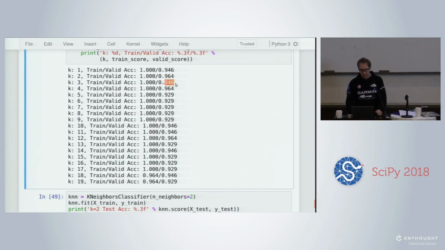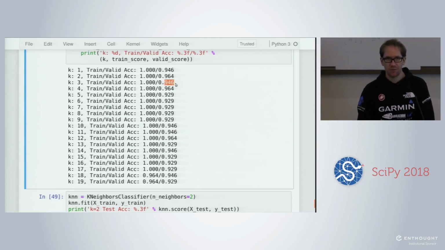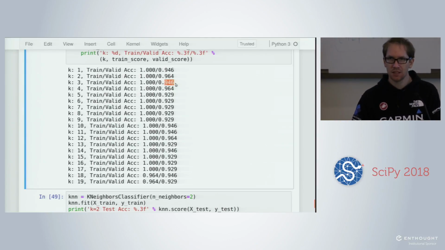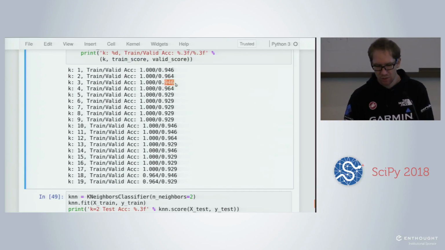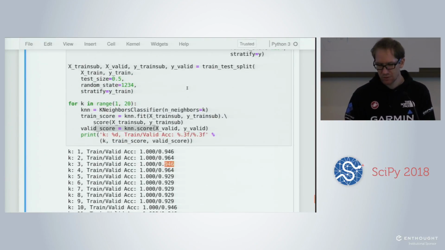And our inner loop is to evaluate the influence of K and to find what is the best K that we can find. So we train the models, and then we evaluate on the validation sets, and we make a loop for the different K. So we get like 20 outputs. And now the idea will be to find what K is maximizing basically on the validation sets. Okay, we don't care about the training sets.